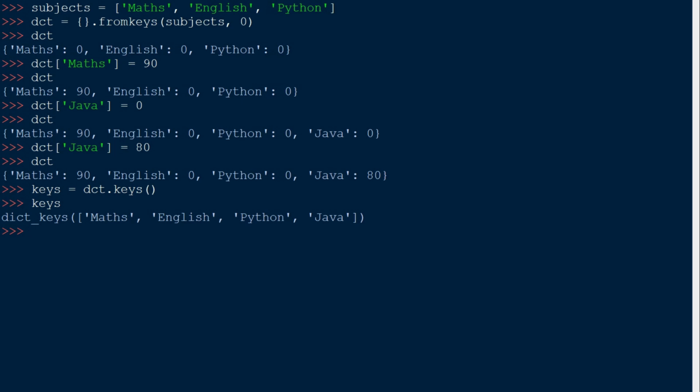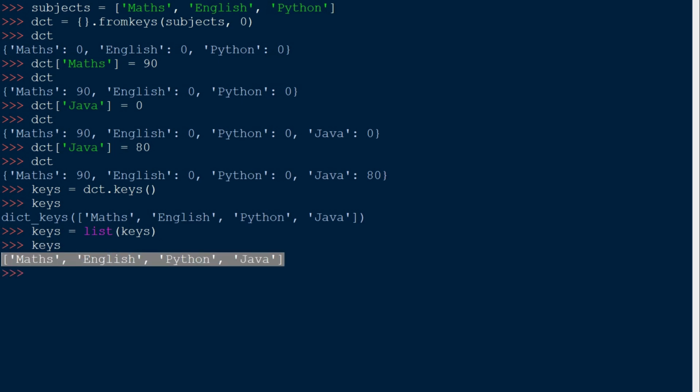We can also use it as it is because it is an iterable object and we can iterate through it with a for loop, but it is better to convert it into a list so that we can use it by using indexes. So let me just do it. Keys is equal to list of keys. Press enter, type keys again, press enter. See, we got our keys in the form of a list.